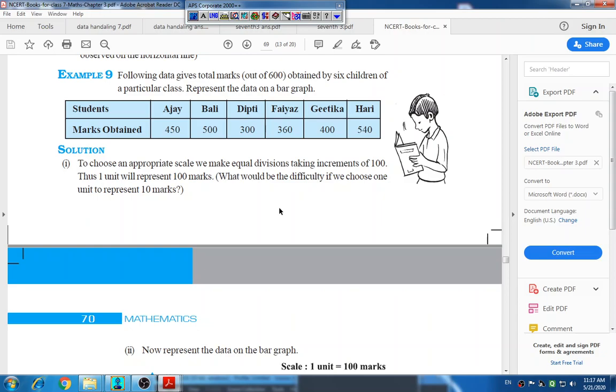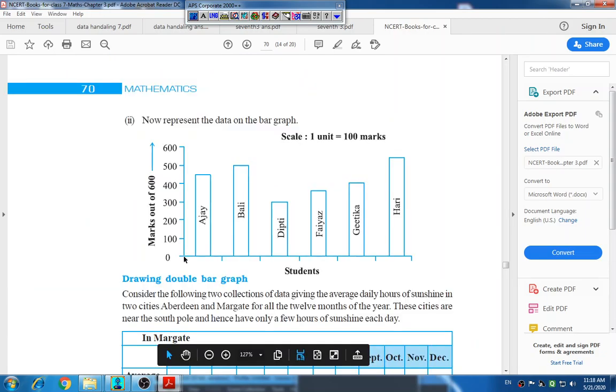Okay, it is very important while drawing a bar graph that you draw an exactly vertical and horizontal line which intersect at one point, which represents the scale 0. This vertical line represents the marks or scale. In this example they give marks out of 600, and the horizontal line gives information having the